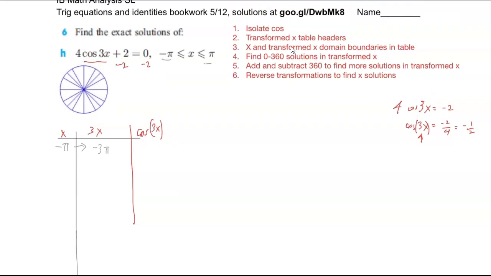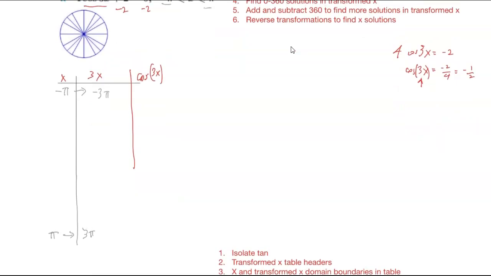Okay, now we're going to do number 4. We're going to find the solutions between 0 and 360 degrees in the transformed x domain. So we're going to look at our isolated cosine. The isolated cosine says the cosine of 3x equals -1/2. So we want 2 solutions that have cosines of -1/2. What 3x value would give us a cosine of -1/2? Remember cosine -1/2? That would be these tall triangles, these 2 tall triangles here, right? So what are the solutions between 0 and 360 degrees? So this one here is 120, and this one here is, I think,